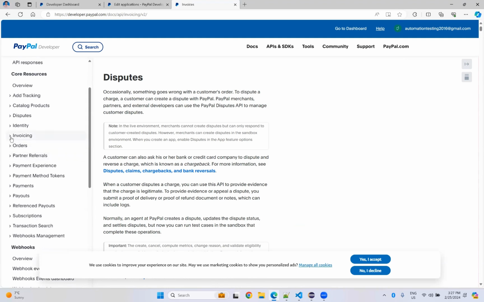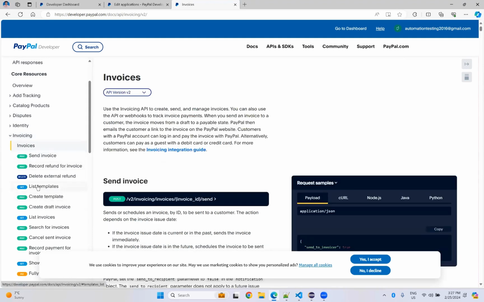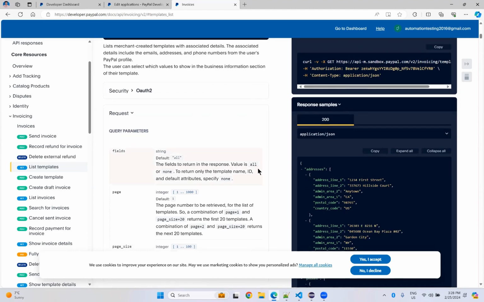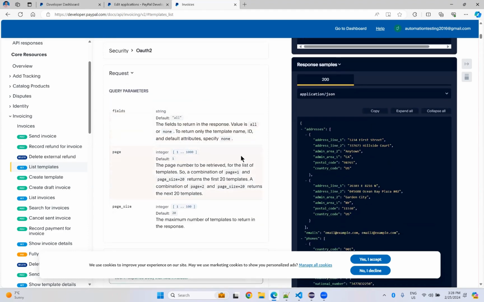Let me take invoices. Inside the invoices, I want to get the list of templates. PayPal is normally used for what purpose? To get money from outside of the country, something like that. For that, we need to provide some invoice. With the help of the invoice, other people will send the money to your account, and you can link it to your bank account. Okay, so there are a number of templates available. According to your convenience, you can use one of the templates. So to get those different types of templates,